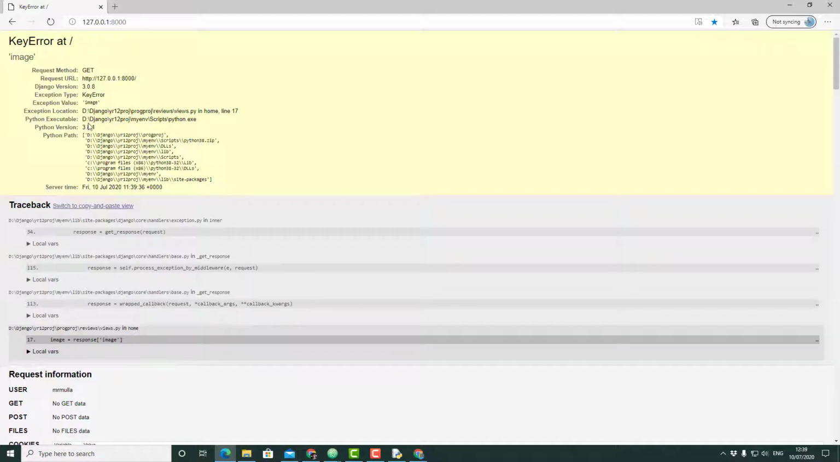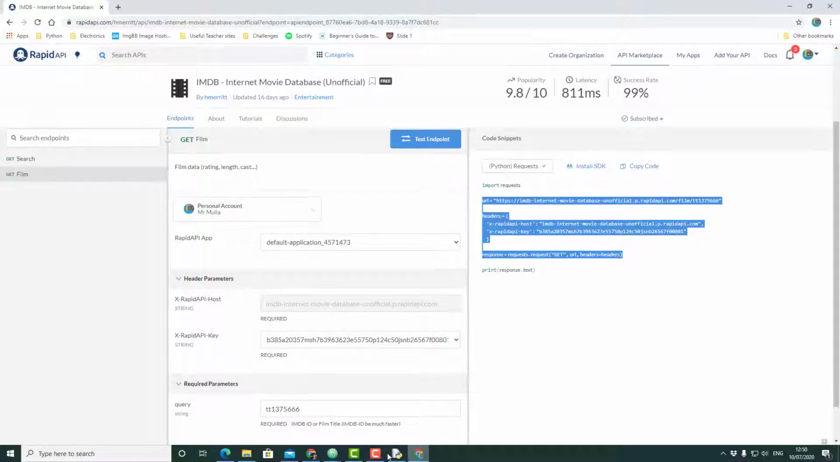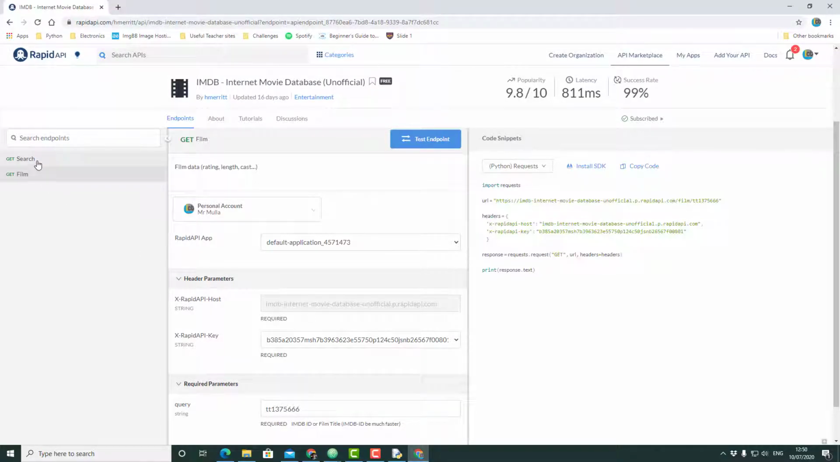It's still not working, so we've still got a key error. Okay, after mucking around a bit, I've seen the mistake that I've made. I think the first mistake was, if I go back to here, I took the API for searching, okay, which